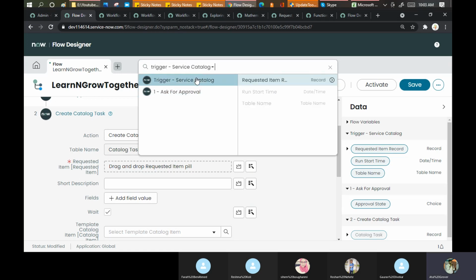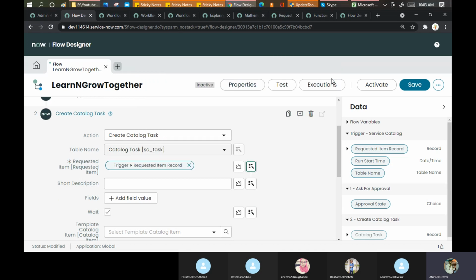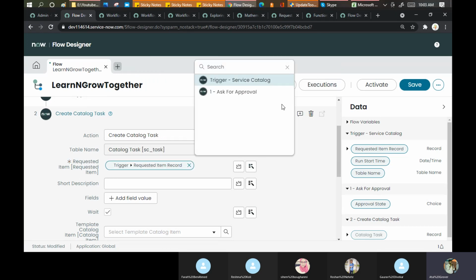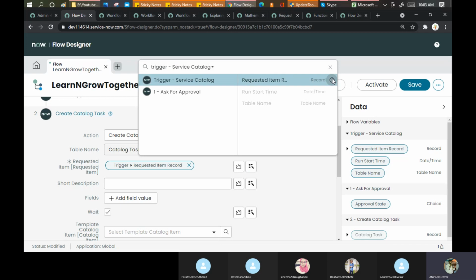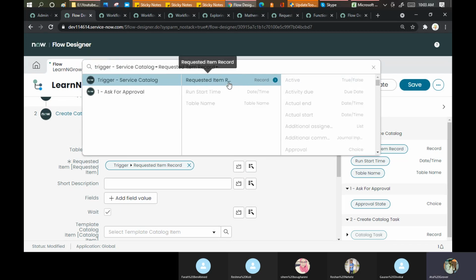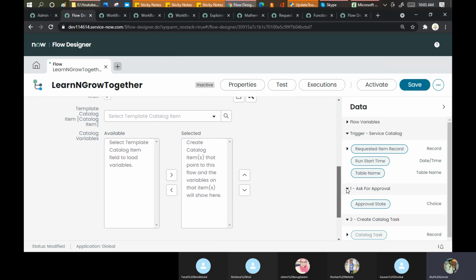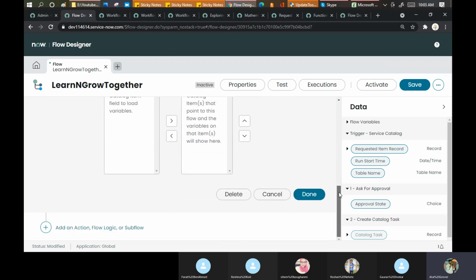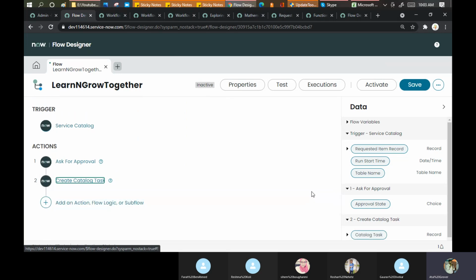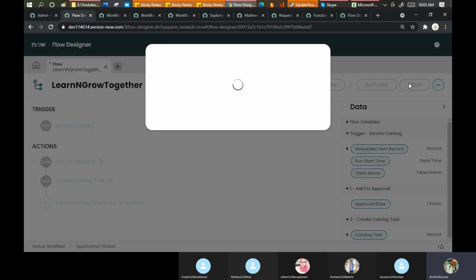Sorry, it should go in the RITM level. In the RITM, I can, okay, fine, that's also fine. Requested item. On this level, the task should be created. Okay, what is the short description? Any field you want to add more, you can add as of now. And the same options are available here as well. You can point all these things. Okay, and click on done. And let me save this.